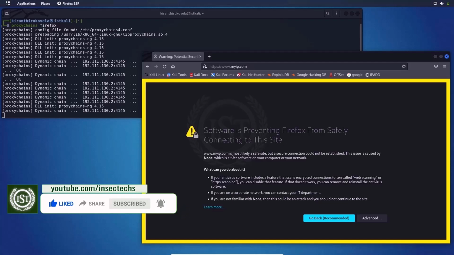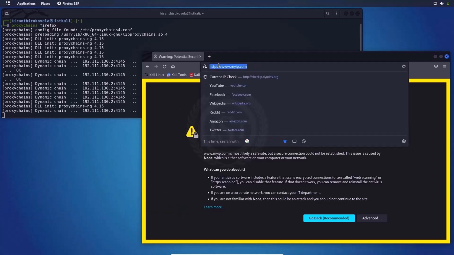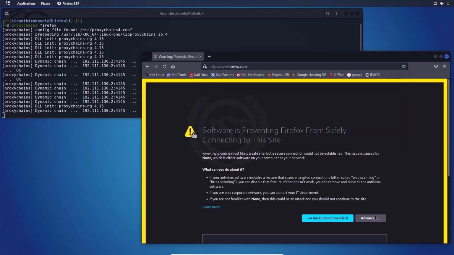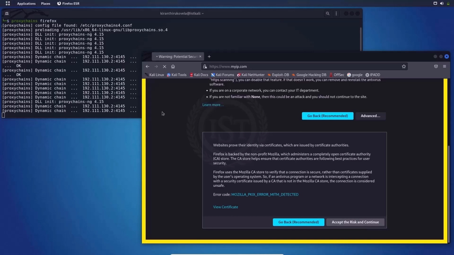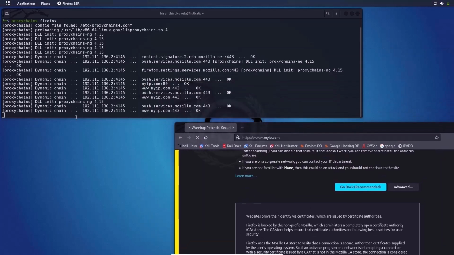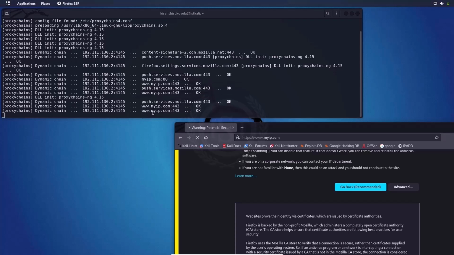And as you can see, there is an issue because it is an HTTPS link and there are no certificates installed. Anyway, let me click on the advanced button, and let me scroll down, accept the risk and continue. So as you can see, now the proxy chain is trying to connect to www.myip.com on port 443.